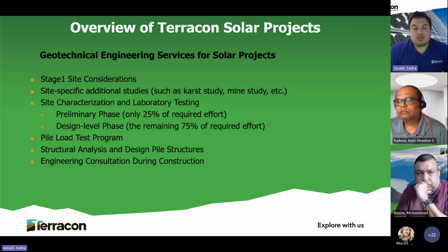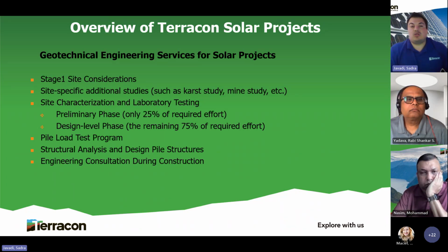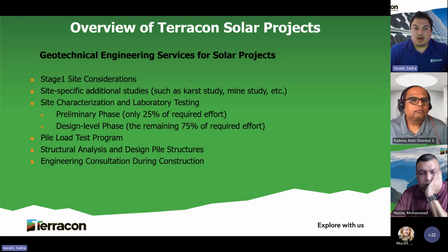the publicly available databases, state-issued resources, and also Terracon data points, which come from the projects that Terracon previously performed in the vicinity of the area that is considered for the development. We use all those resources. We come up with a list of basic information about the geology, geohazards, and different types of conditions that our client should anticipate to see at this site. And we list them in that report, and we provide the basic information to our client throughout that stage one